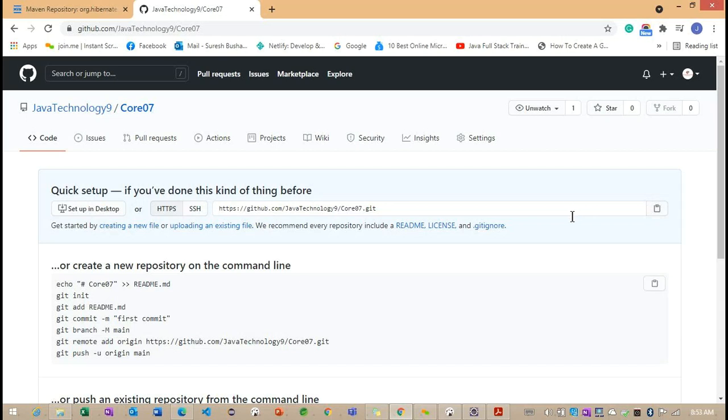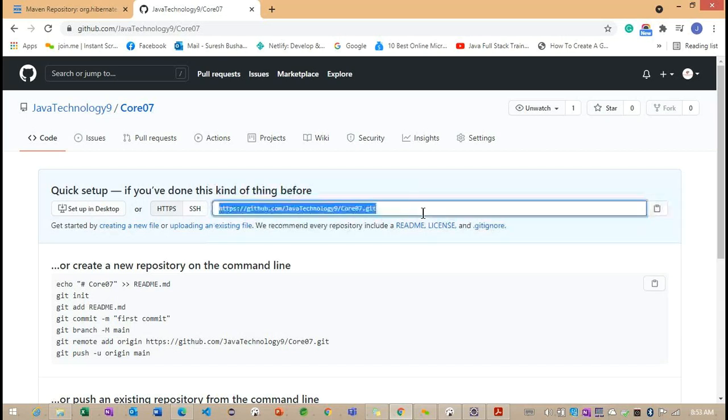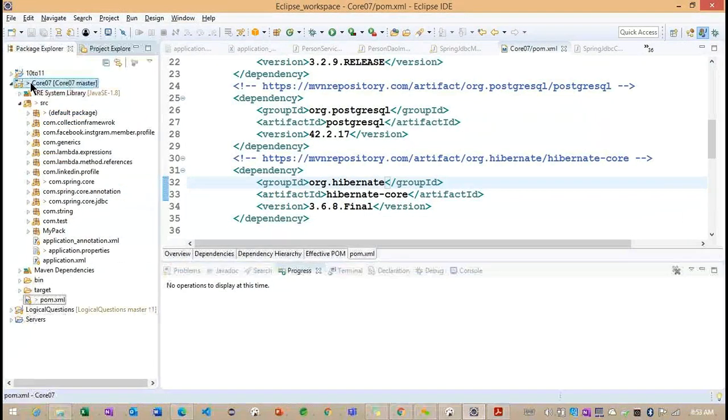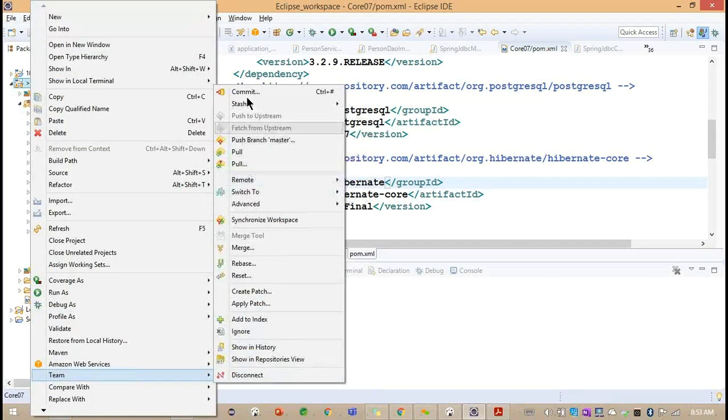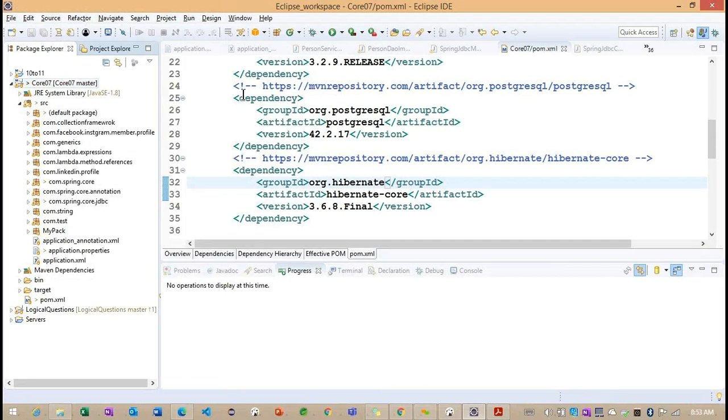Has it been copied or not? I will commit the changes.